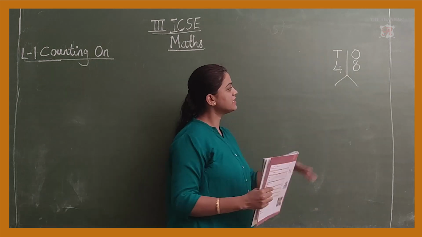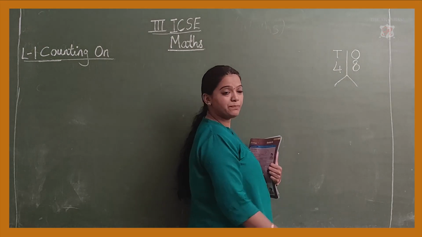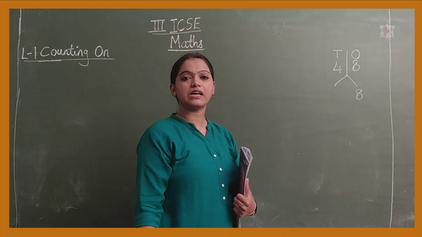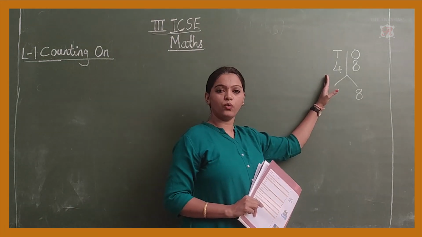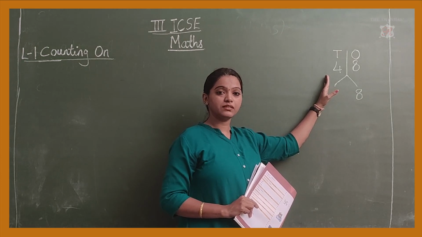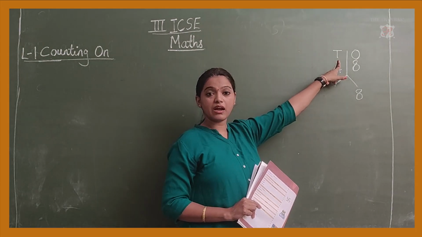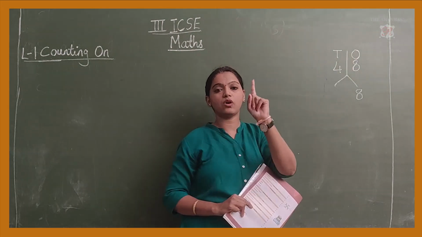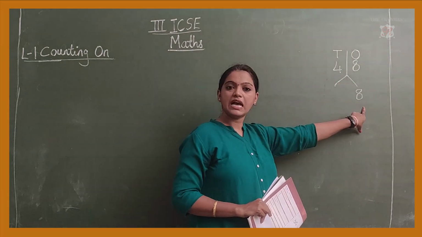You will write this as, 8 is in which place? 8 is in ones place. So you will write it as 8 as it is. Why? Because it is under ones place. Now how will you write this 4? 4 is under which place? Think. It is written up. 4 is under tens place. This is your ones place. Ones place means always a single digit. So your 8 will come down as it is.